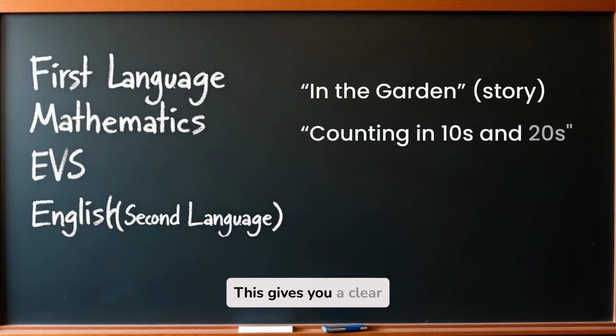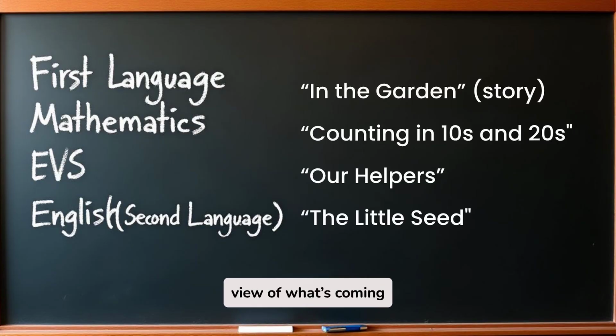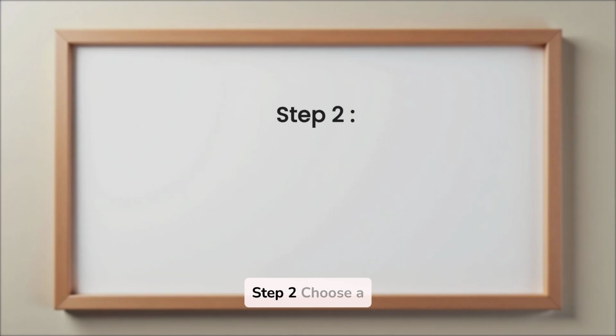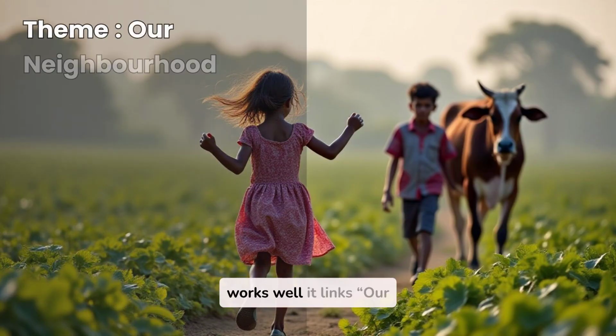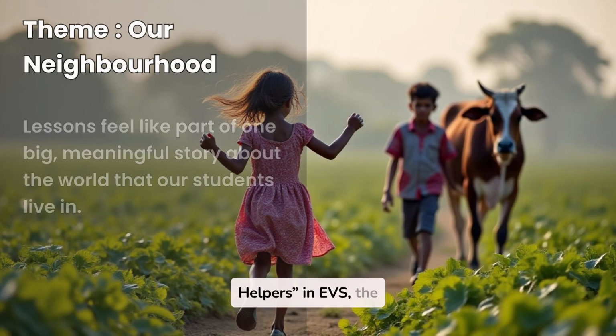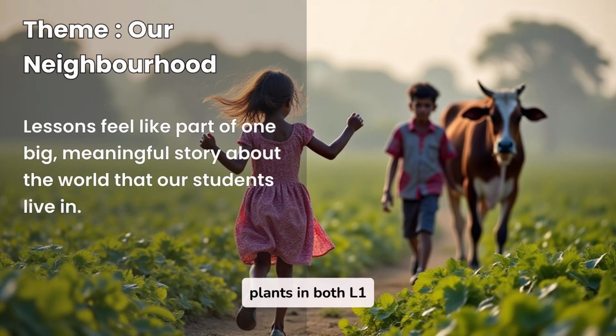This gives you a clear view of what's coming and is your starting point for finding cross-subject connections. Step 2. Choose a theme that children experience in their everyday lives and that connects naturally to each topic. For our example, the theme Our Neighborhood works well. It links our helpers in EVS, the plants in both L1 and L2 texts, and counting goods or groups of